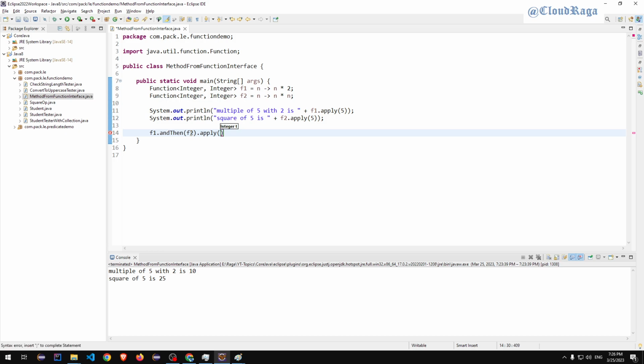So here we will pass that 5. Yep, so we are giving 5, and now what? They will take this input and give us some output. So let's not store this, just print it directly. Okay, so